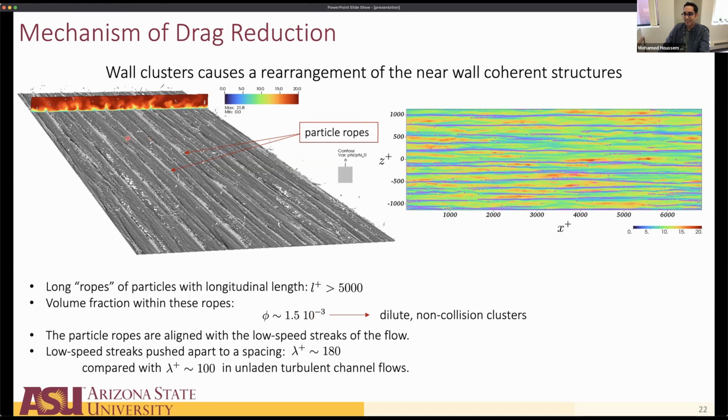We are studying what controls the spacing between these ropes. We want to understand really what's the role of Stokes number and what's the role of mass loading to figure out whether there's an optimal Stokes and mass loading combo that gives the highest drag reduction. Briefly, gravity was not included, right? Yes. So in this case, we ignored gravity. Things would change, but the idea is we want to figure out the effect of inertial forces. So that would be perhaps applicable to much higher Reynolds number flows.